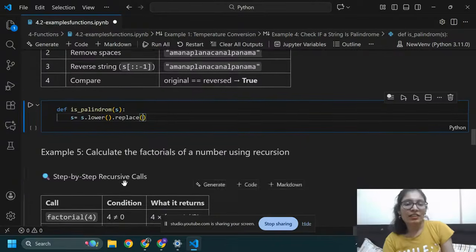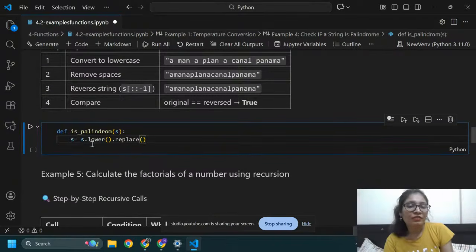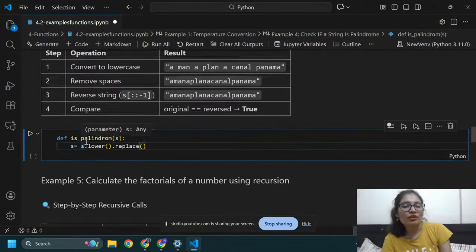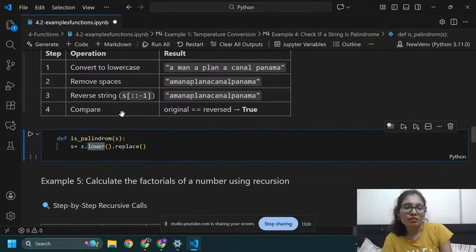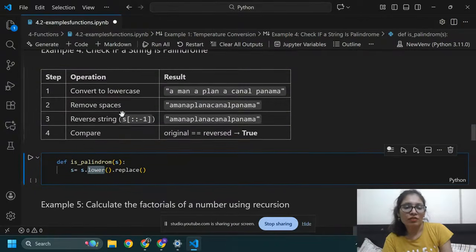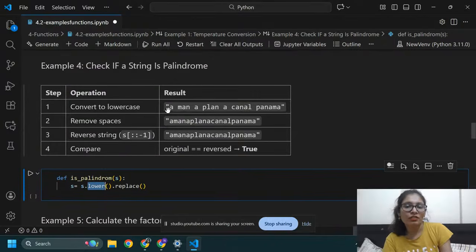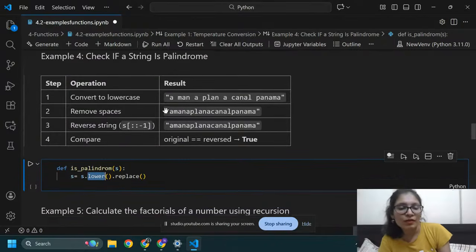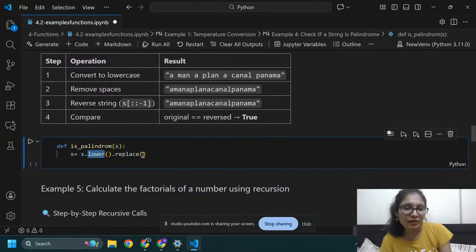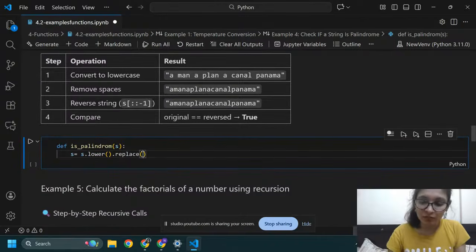Here I can check that it is in lower. If it is not in lower, then it will convert to lower form and replace all the spaces using it like this. I'm giving a space here, comma.